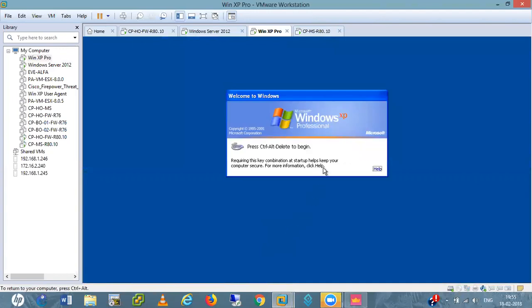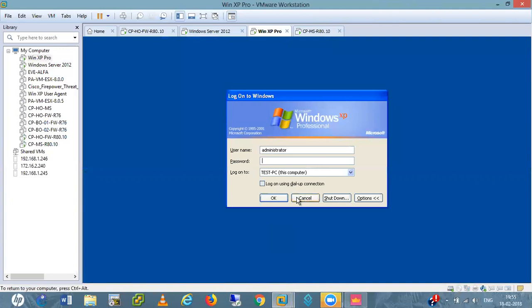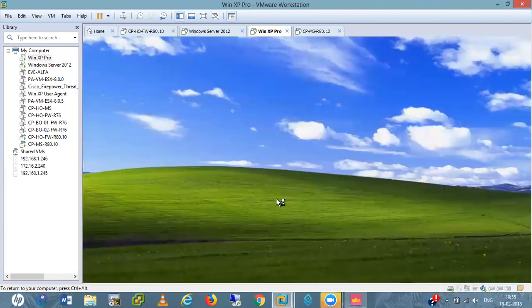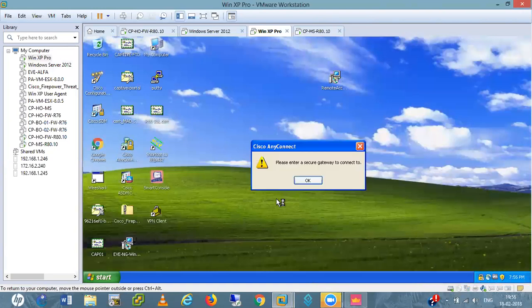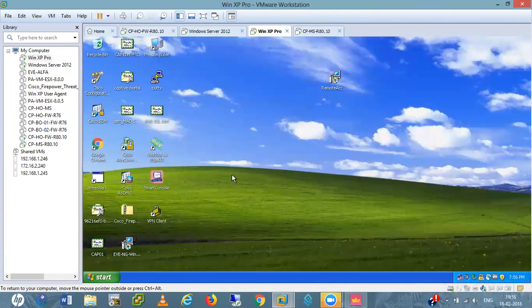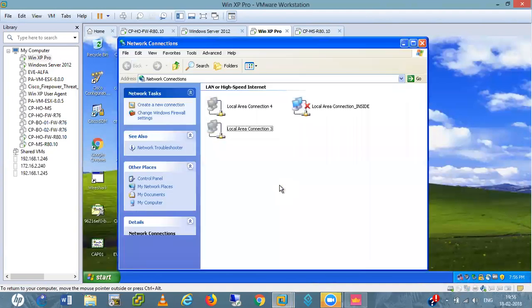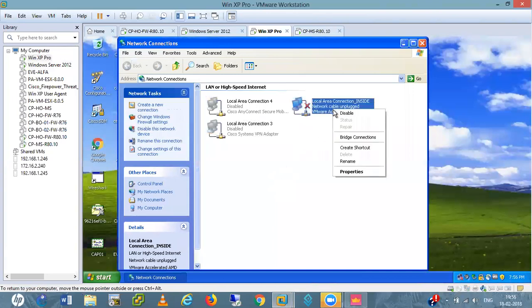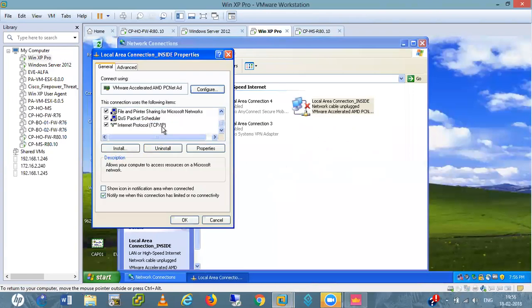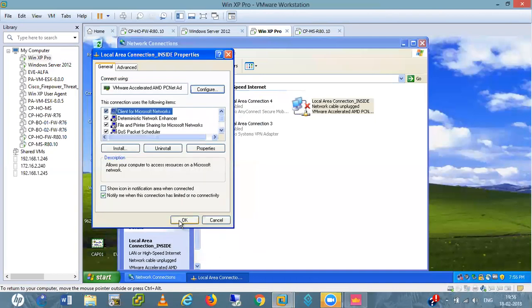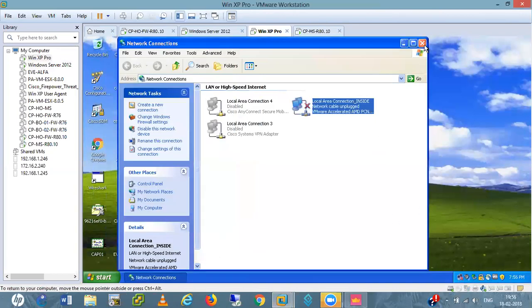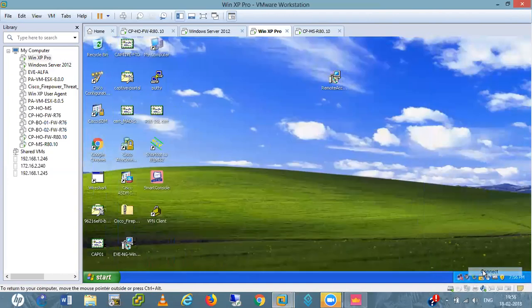I think it is using the MAC address of this PC by default, because it is authenticated by machine authentication. Properties. If I change it here to 201, now I start again and open this up.